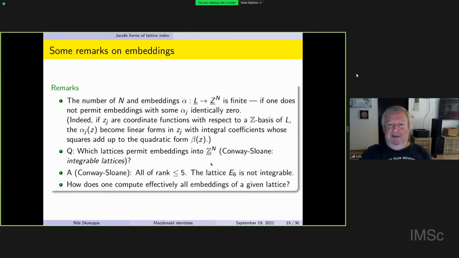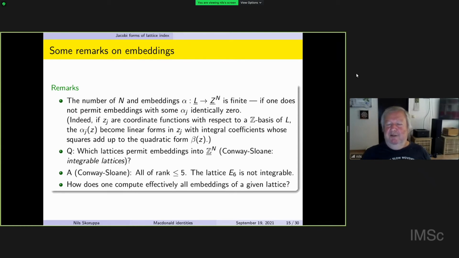So let me see. The first thing is the number of embeddings from L into Z to the N for varying N. It's finite. There are only finitely many embeddings anyway. Of course, you can take an embedding and make an embedding into some larger Z to the N plus 1000 by just adding 0 components to alpha. If I exclude some trivial nonsense like this, then of course there are only finitely many embeddings,